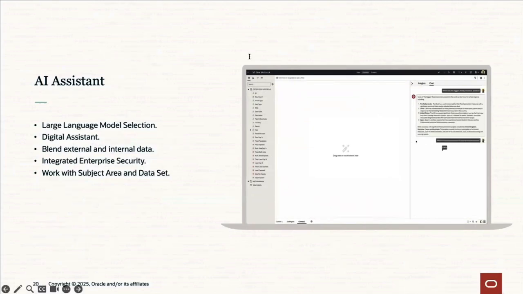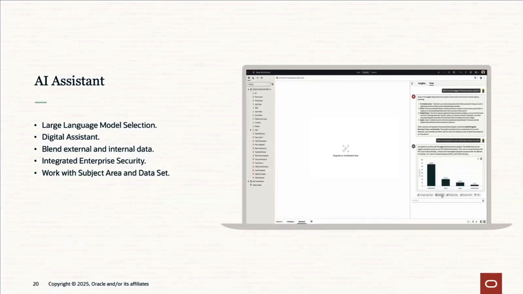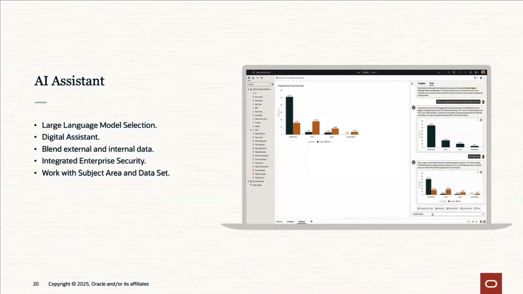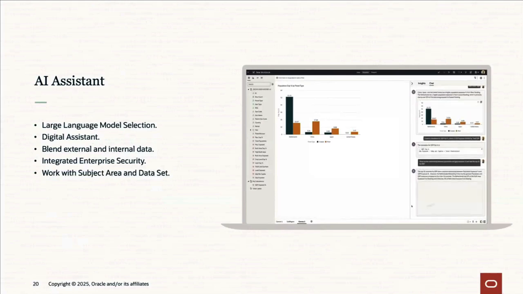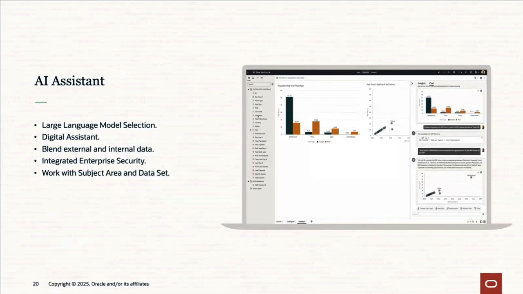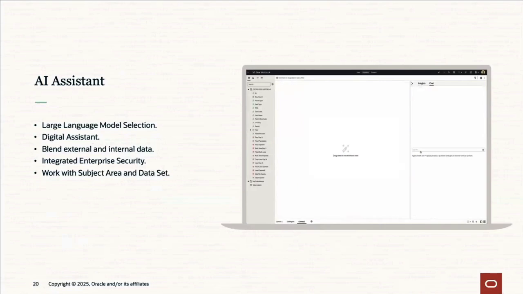Similarly, if you have a question where you would like to have a couple of variables put into a certain graph, or you want a relationship between certain fields explained, all of these are things you can feed into the AI Assistant. It will process it through natural language and come up with a solution for you.